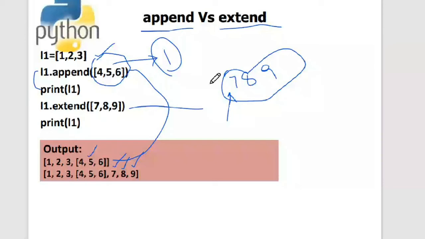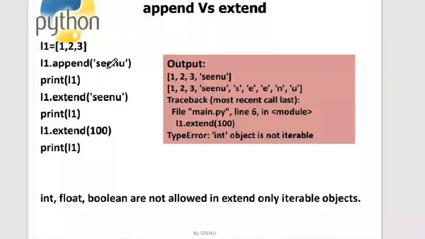So this is another example, wherein I have taken CNO and I try to add it to the list. Append has added CNO as one element. But when I use the same CNO in extend, it is separating it. It is iterating over it, one element after the other, making each character, like S, one element, and adding it to the list.